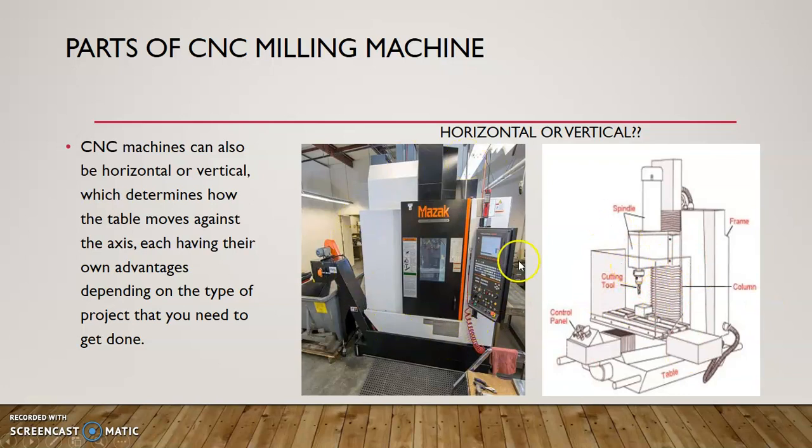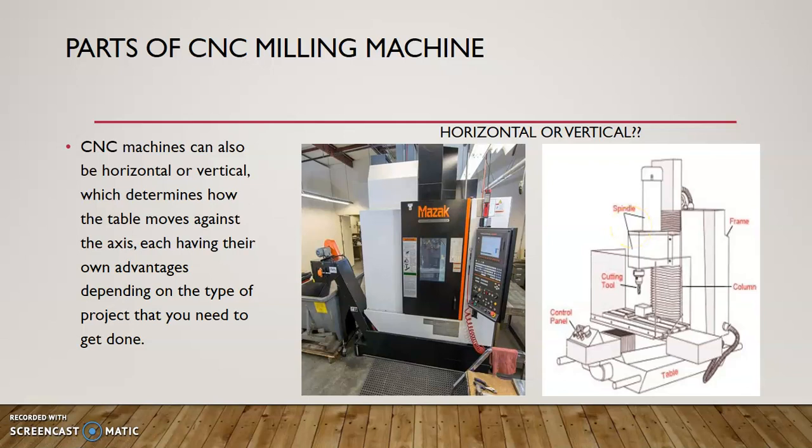So these are the machines that we've used, machines under the brand of Mazak, and we are using it as a type of CNC vertical milling machine. There are a lot of different names for each part that is involved in a vertical milling machine. All right, so of course,